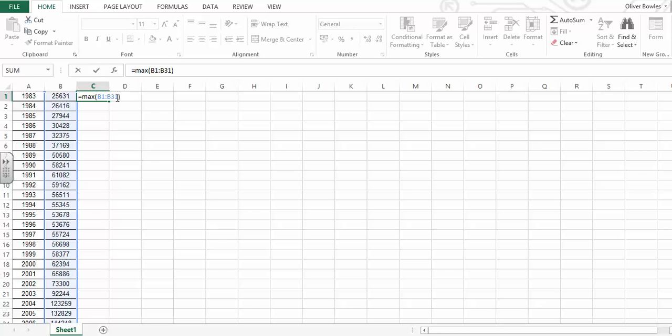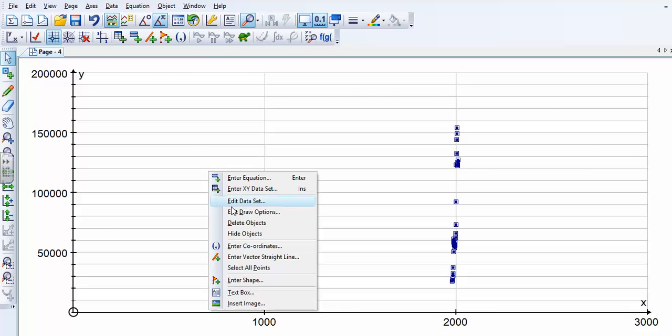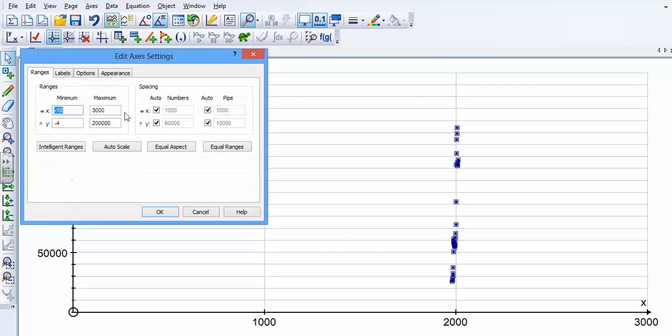That will tell us the maximum value in there, and the minimum value in B1 to B31, and that will tell me the minimum value. So I need to go from about 25,000 to 155,000. Great, so on here I can say, look, we need to go to edit axes, on the y-axis about £25,000 all the way up to